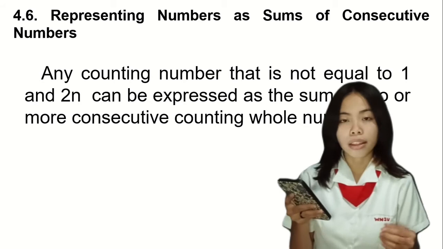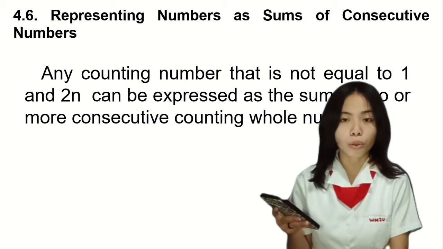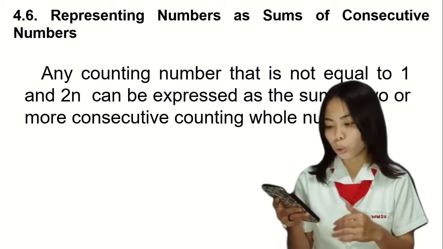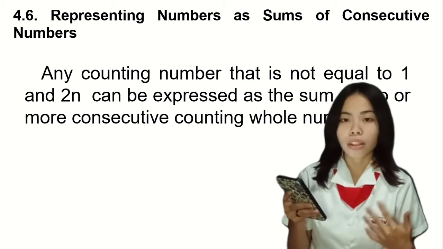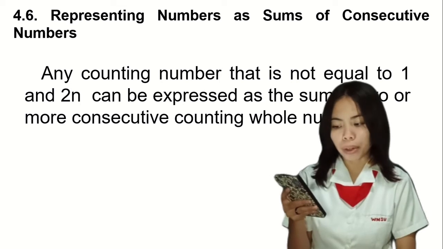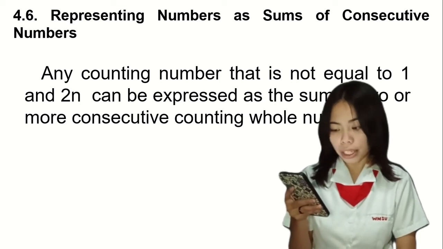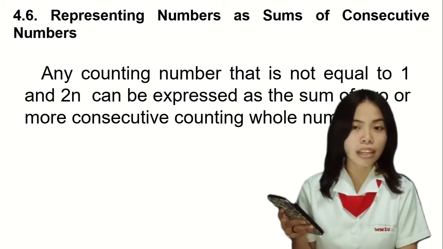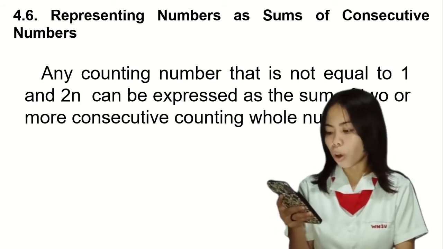Just like 3, there is a sum of two consecutive numbers which are 1 and 2. For 5, 2 plus 3. For number 6, 1 plus 2 plus 3, for 7 it is 3 plus 4, and so on,